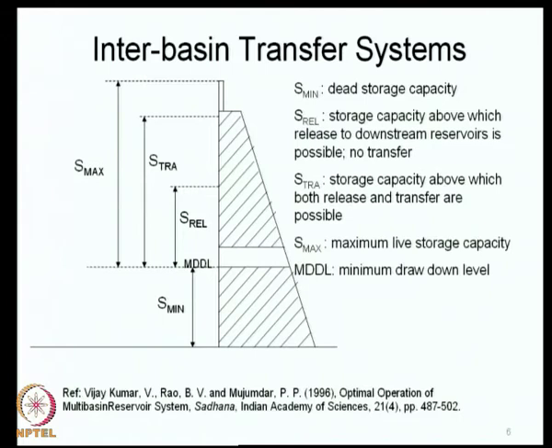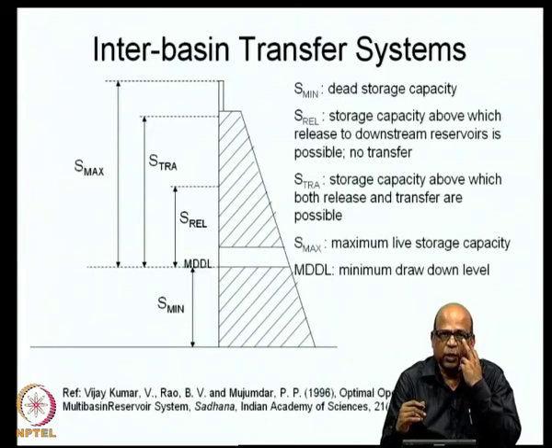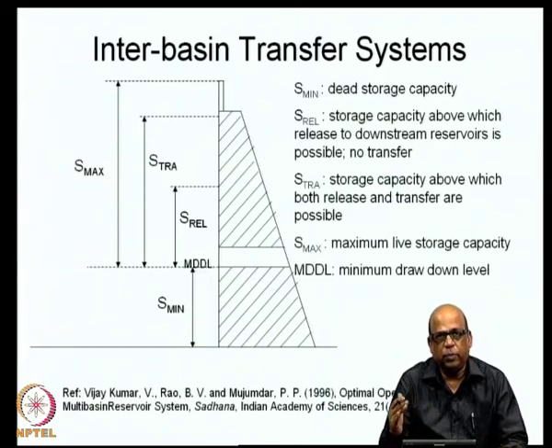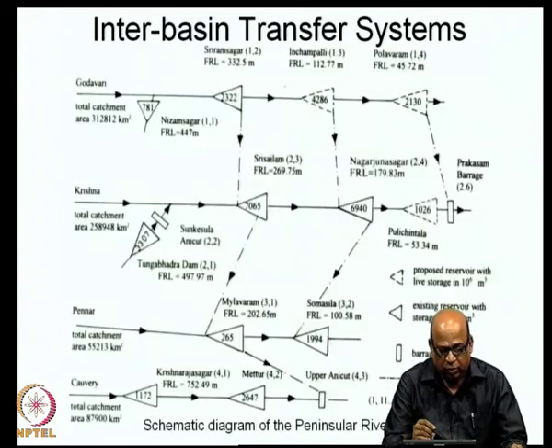Now, as I said, we will have priorities at individual reservoirs. So, individual reservoirs have to meet their own demands. Then after meeting their own demands, when you are at a particular reservoir, you look at the downstream reservoirs of the same basin. What I mean is, let us say you are standing here at this point in the simulation. In the simulation, you are moving in a certain direction and have come to this reservoir.